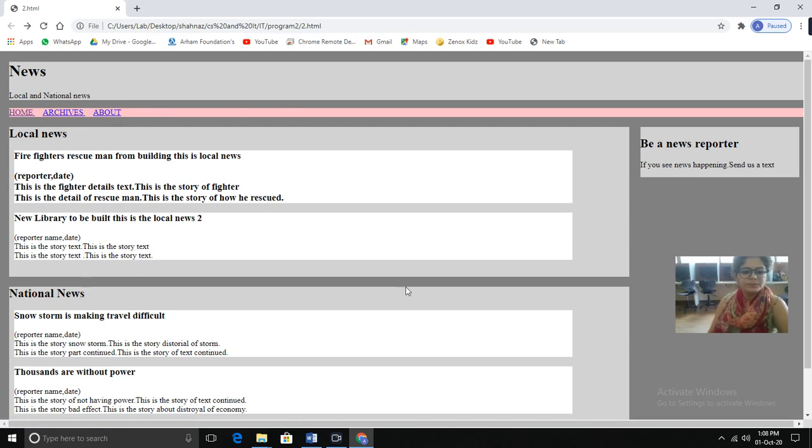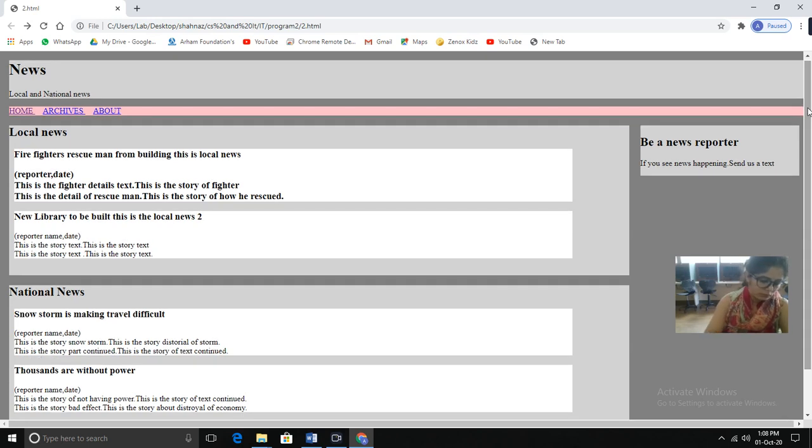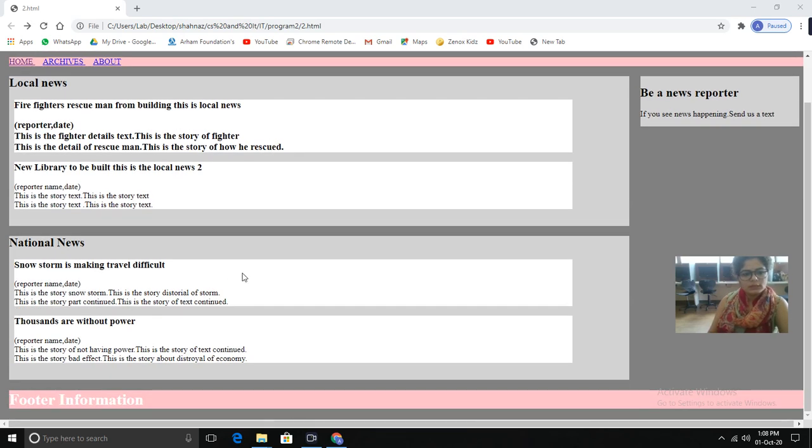This is your section part, and this is the information. This is the information inside the article tag. So these are 2 article tags. This is another section.